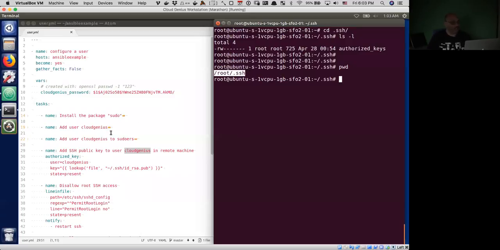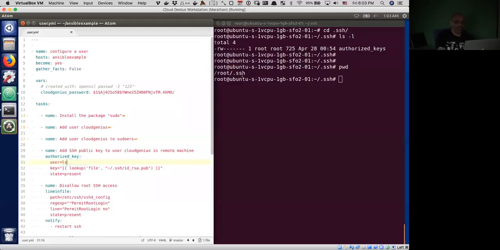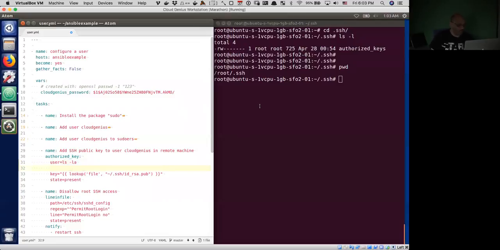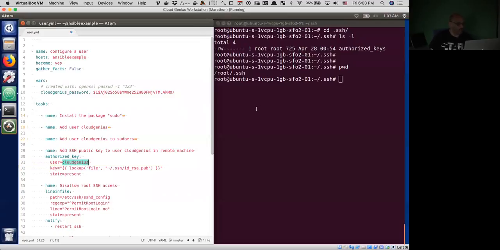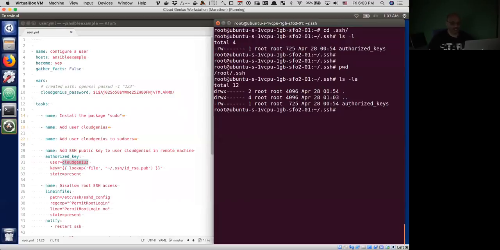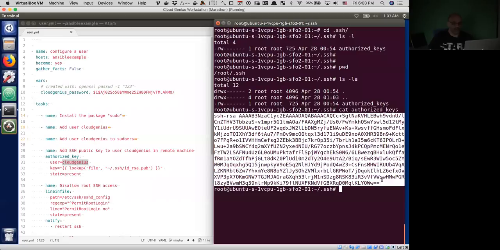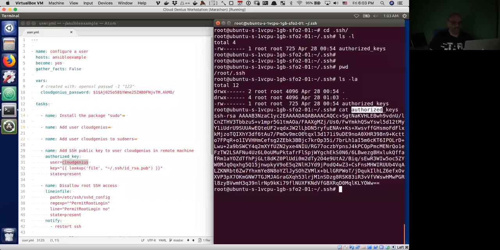But I want to create this new user, Cloud Genius user. And so I want to make sure that my public key is sitting in this file. Okay, there we go. So now in this file, I have this authorized keys, which is where my keys are sitting. And this is the public key that I have for the ID RSA in my Linux virtual machine. And that key is sitting inside this folder,